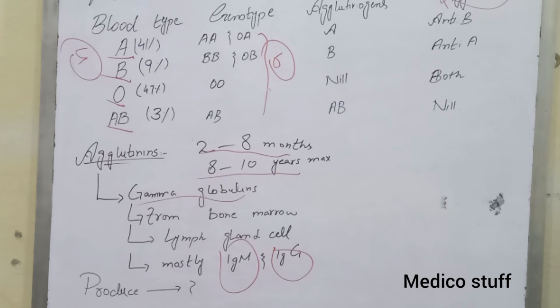How are these produced? We know that we eat many substances, we are taking in bacteria, we are taking in viruses at any time. So there will be type A, type B, type O or type AB antigens always coming inside our body. So in response to those antigens, there will be the production of antibodies. The Rh blood group system is another system which we will discuss in our next video.